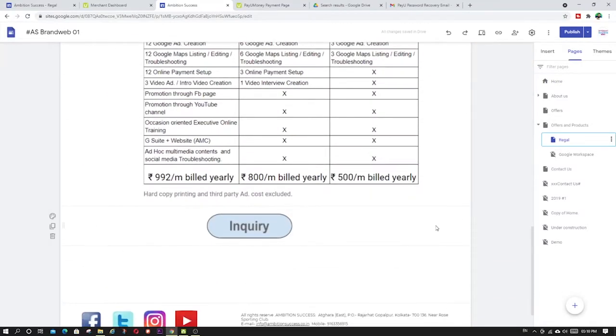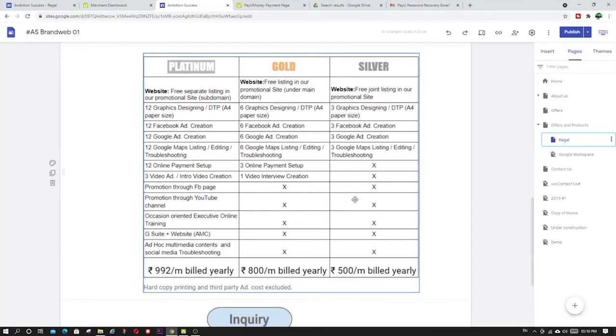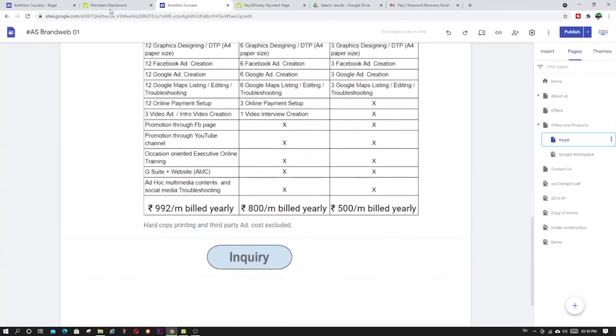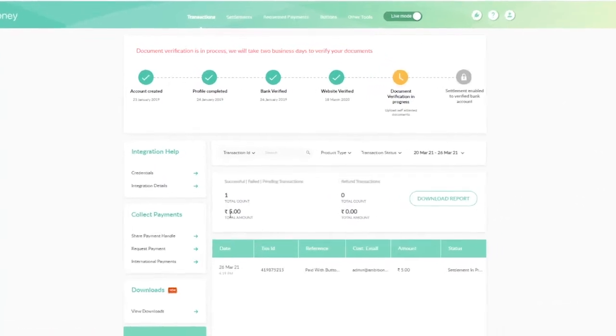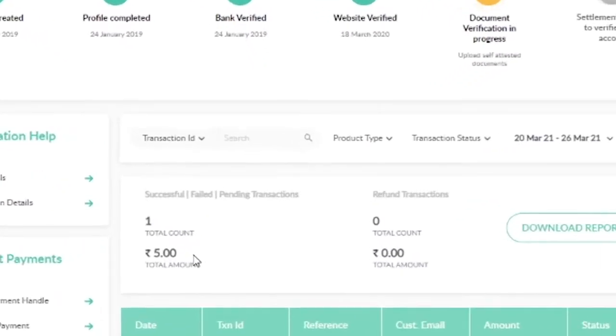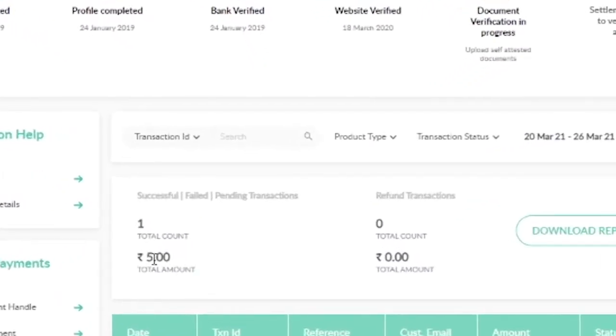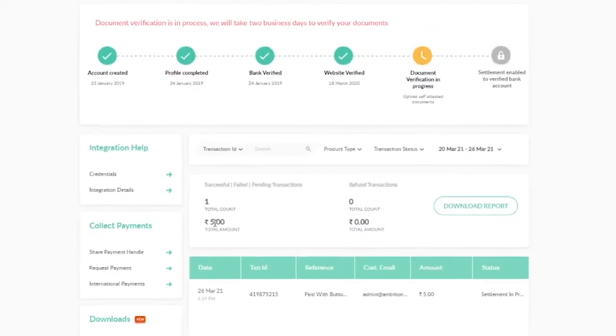So my intention is to put a button over here using which my viewers or whoever is interested in these services will be able to make payment. For that I have used PayUmoney Gateway, and I would like to show you before the demo that I have 5 rupees in my account, and now I will show you how to do that.